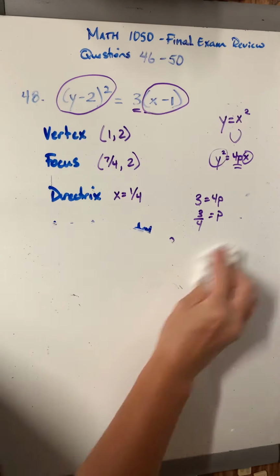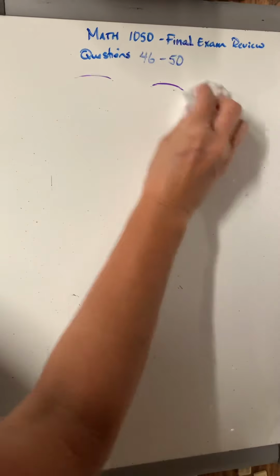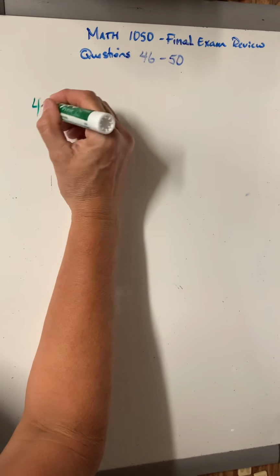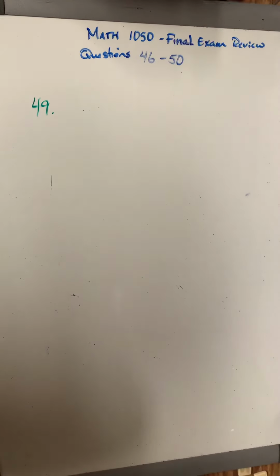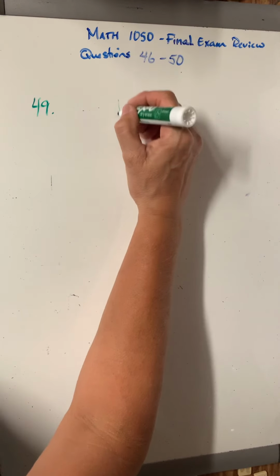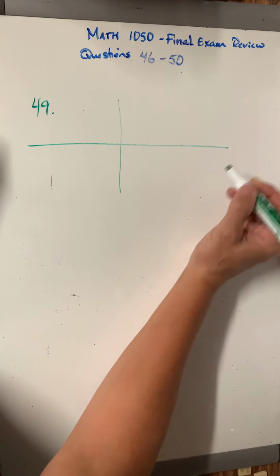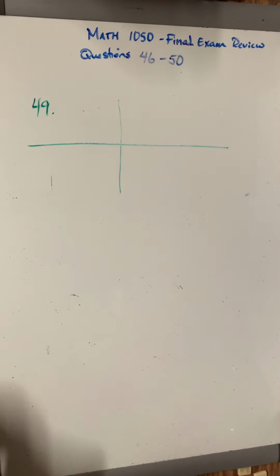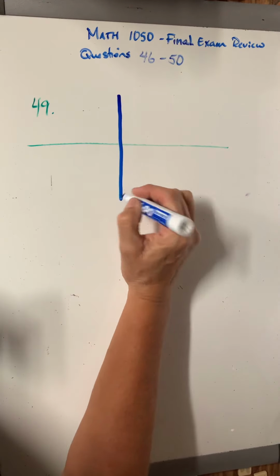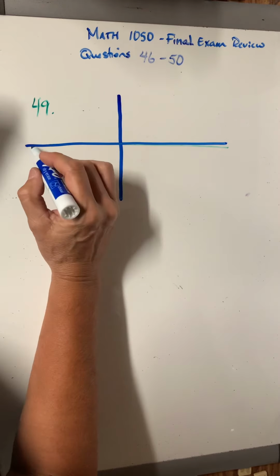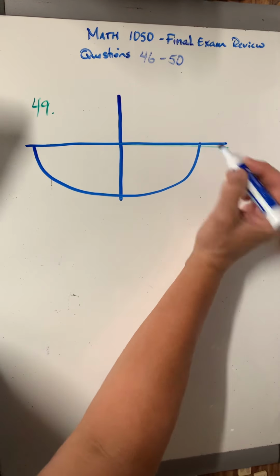All right, so let me move to question 49. So 49 gives me a picture of half an ellipse. I think that's hard to see. Hang on, I'll go with this really fat pen. Okay, so I've got this graph, and they put this ellipse like that,